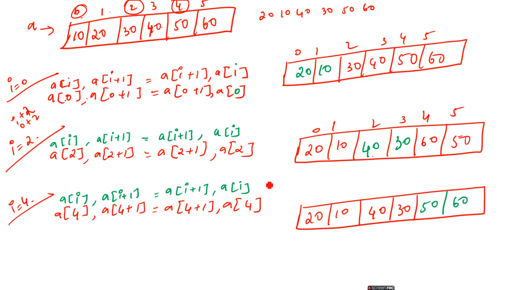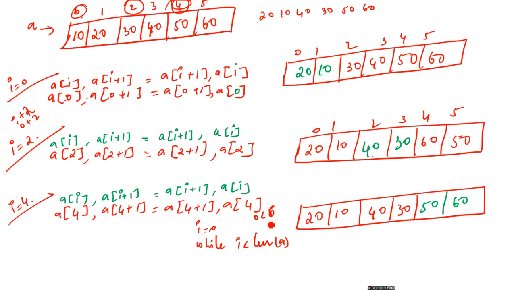So while writing the loop, we will start from the index value 0, I equal to 0. Then while writing the condition, we write while I less than A. So I less than A means 0 should be less than 5. But here the number of elements is 1, 2, 3, 4, 5, 6, so 0 should be less than 6. But see here, we have taken the value for I only up to 4. So instead of 6, we have to